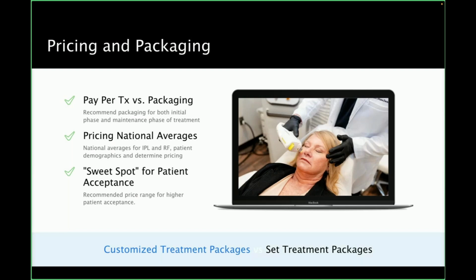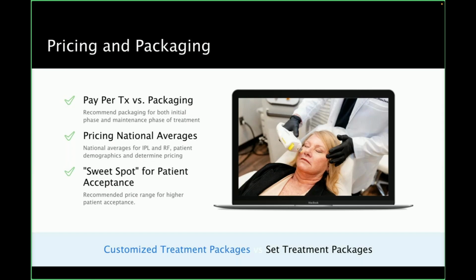And the chances that they're going to get any symptomatic improvement from that one treatment is very minimal. I mean, we're working with a complex disease process. Oftentimes, it's not until around the 3rd, 4th, 5th, 6th treatment that patients kind of turn a corner. So that patient comes in, you allow them to pay for that visit, chances they're coming back is very low. So what we want to do is talk about packaging. We package the treatment sessions. We're going to get into how you do that in just a moment.